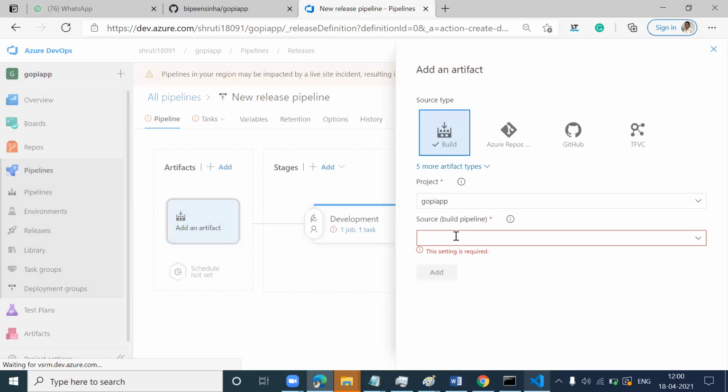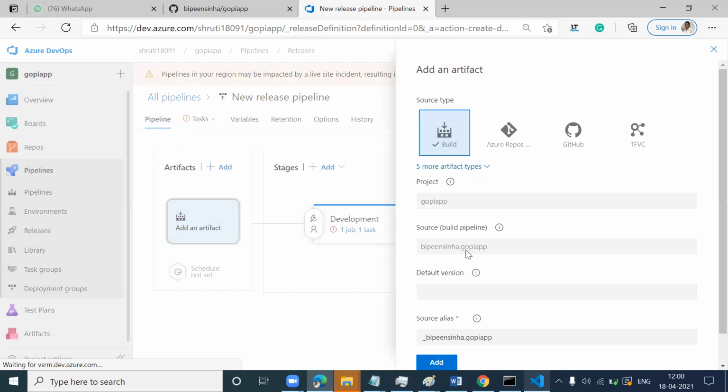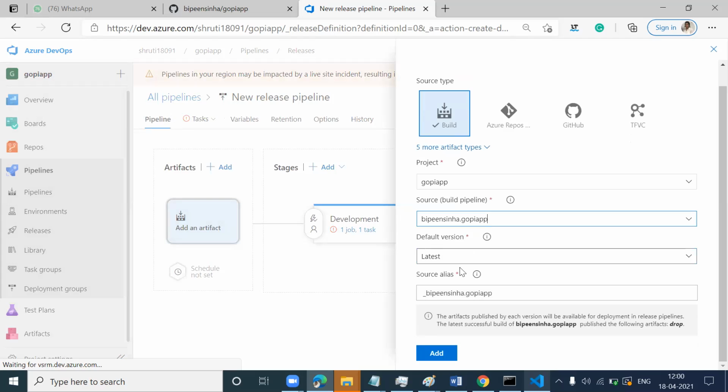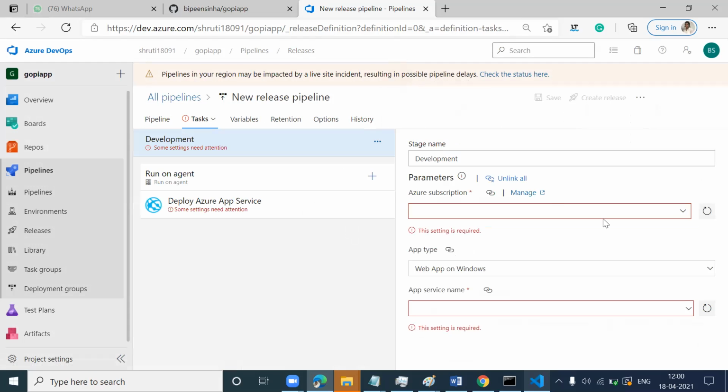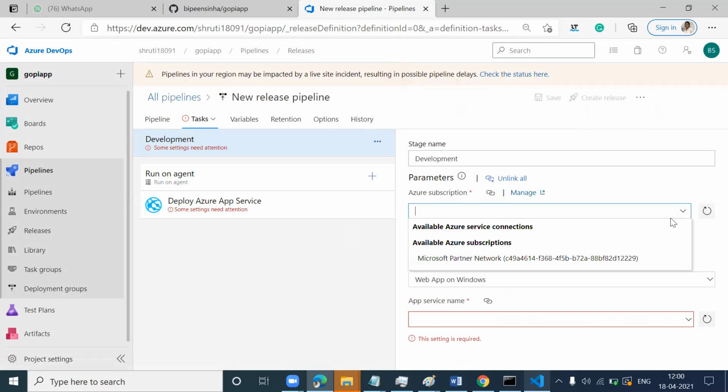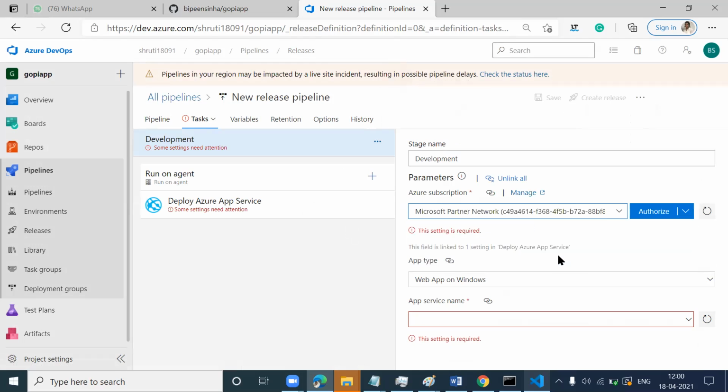You first have to select my artifact. Very good. Click add. And now you have to add my subscription, where to deploy. Click one job, and select my subscription, which is Microsoft Partner Network. Click that one.